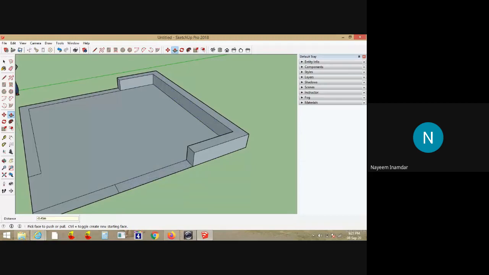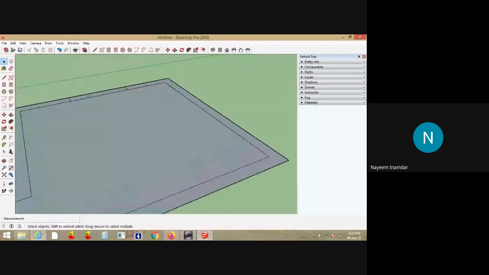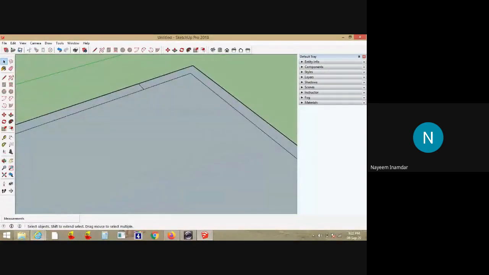Why? Because I have made the windows on both the walls here. Because of that, this closed conduit, earlier it was a single conduit all around. The wall was only one conduit. Now I broke this whole conduit into 1, 2, 3, 4, 5 parts. To avoid this, I'll not take any of the windows here. I'll delete these windows. I'll know the positions from the plan. Later on I will explain how to do it.